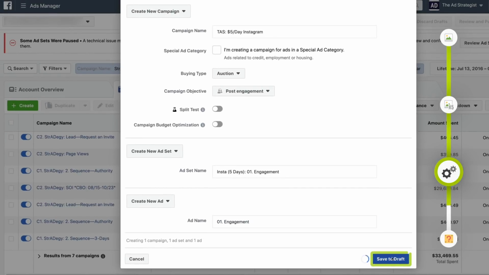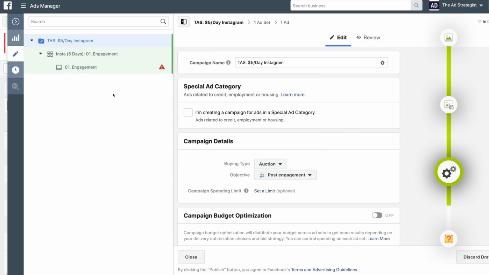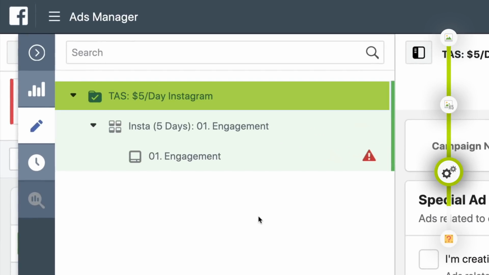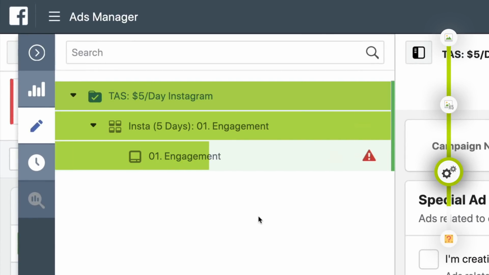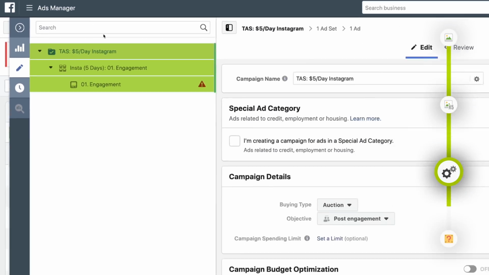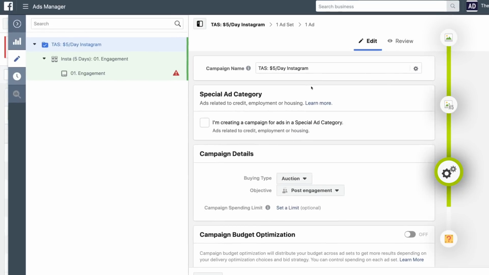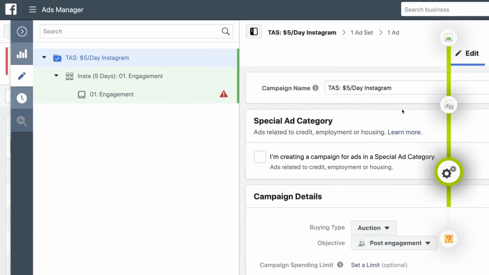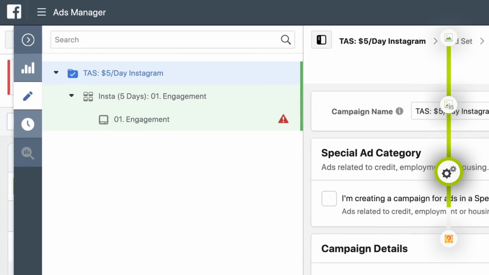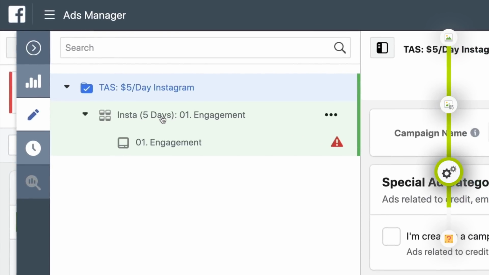Click Save to Draft. Once we see this screen, there's 3 different things that we have to confirm at each level, the campaign level, the ad set level, and the ad before we can publish it. Let's start at campaign because that's the easiest, where you don't have to do anything. Everything here has already been pre-selected with that pop-up. So navigate over to the ad set level, which is this second row here.